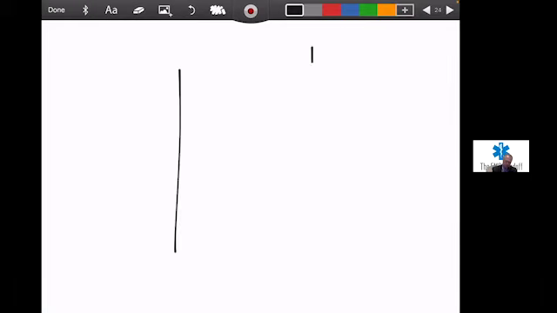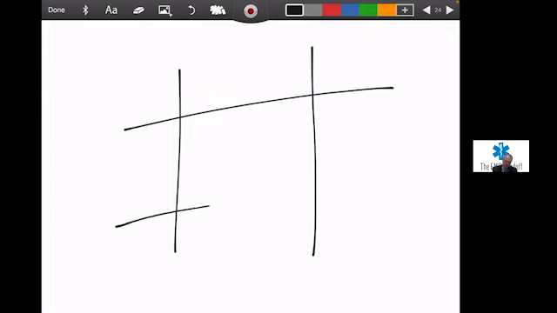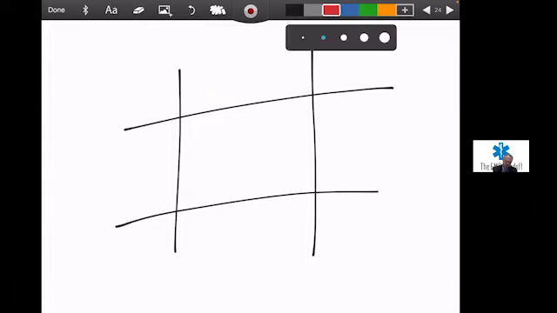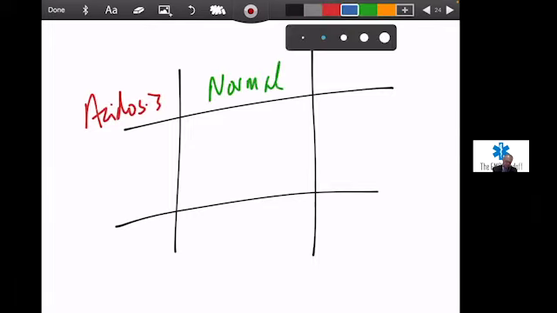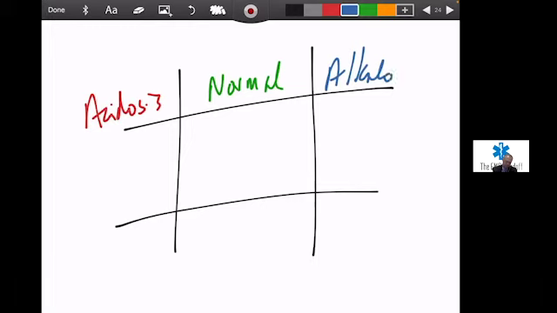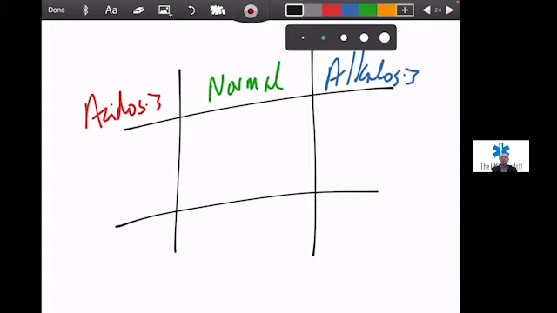So I've got my Tic Tac Toe board. I've got it all drawn out. I'm waiting on my ABGs to come back. I'm labeling everything. And I know we have this wonderful guy who has been eating Tums all night long. He's been having some GI problems over the last several months. And so he's been eating these Tums all night long, and we get his ABG back, and wow, his pH